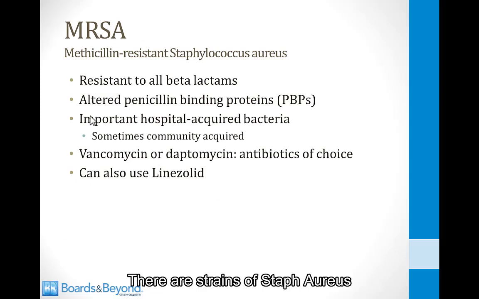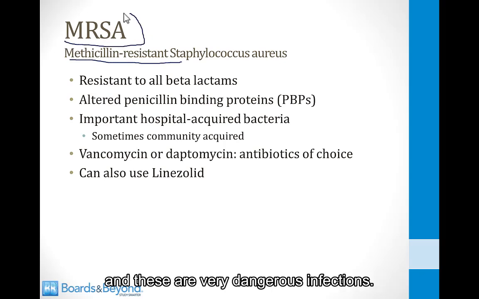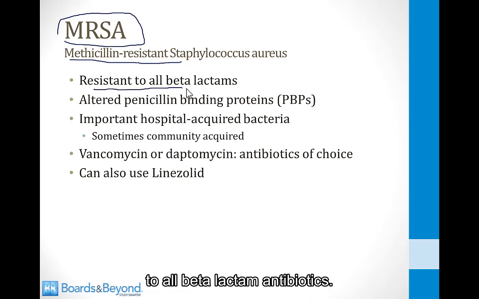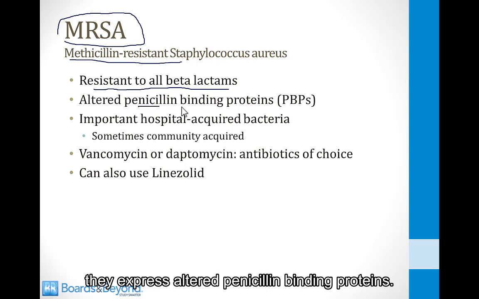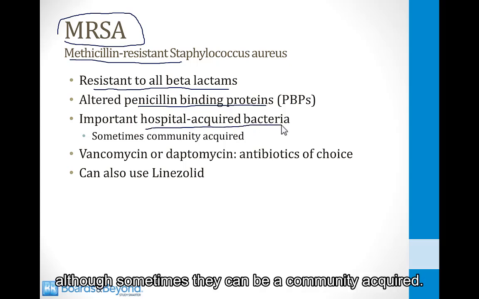There are strains of Staph aureus that are called methicillin-resistant Staph aureus or MRSA, and these are very dangerous infections. These versions of the bacteria are resistant to all beta-lactam antibiotics, and the reason is because they express altered penicillin binding proteins. They're usually a hospital-acquired infection, although sometimes they can be community-acquired. And if you have a